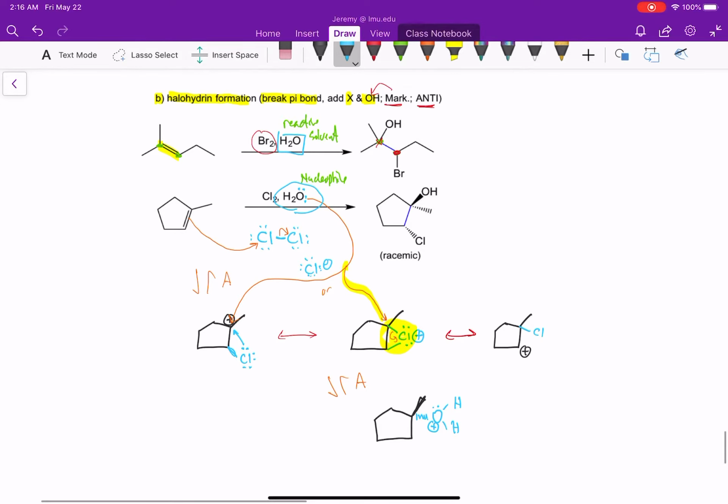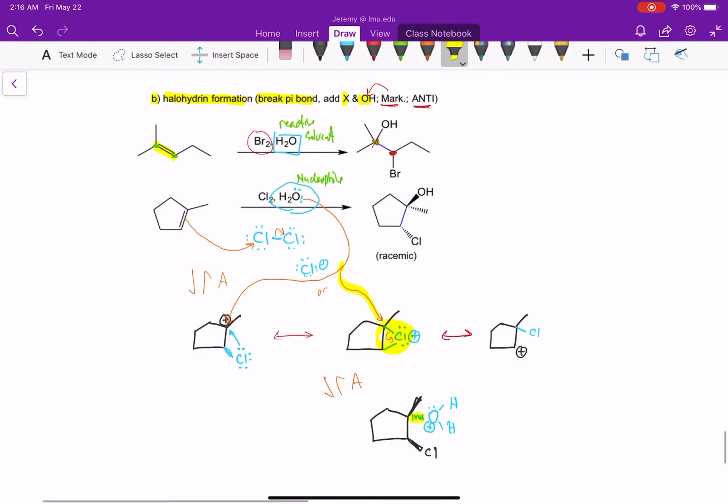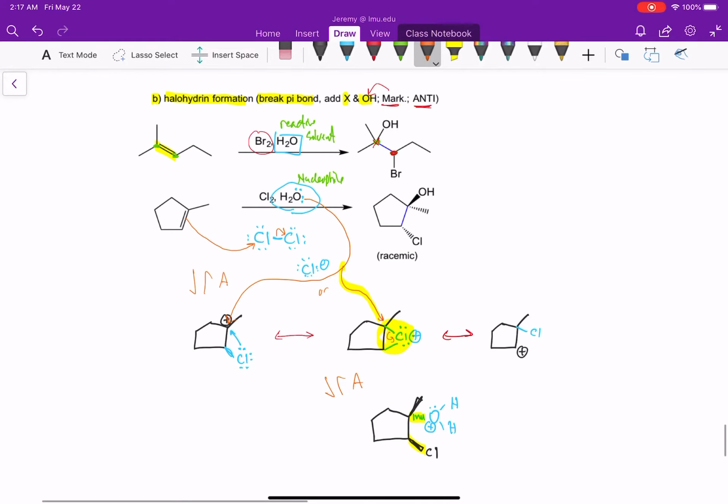And our chlorine here is still there, right? And that chlorine is now going to be opposite of our new nucleophile, right? So because I drew this as a dash and back, then that chlorine has to be a wedge, all right? Because our final product, we want it to be neutral and stable, there's one additional step here. So what we have to do to get our final product is we have to deprotonate one